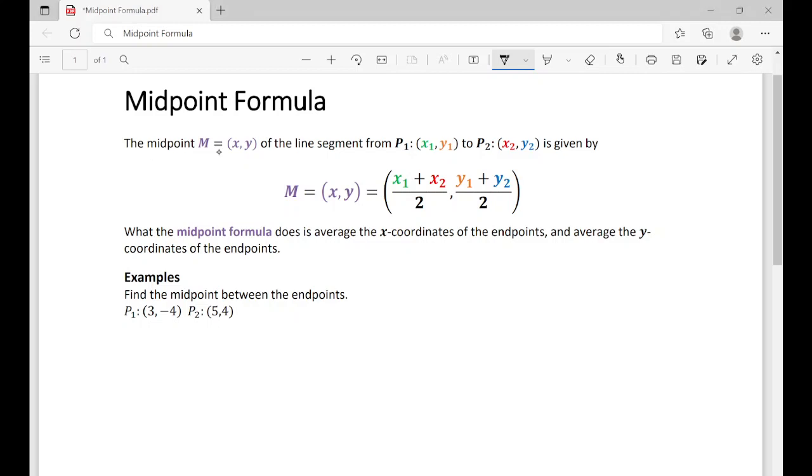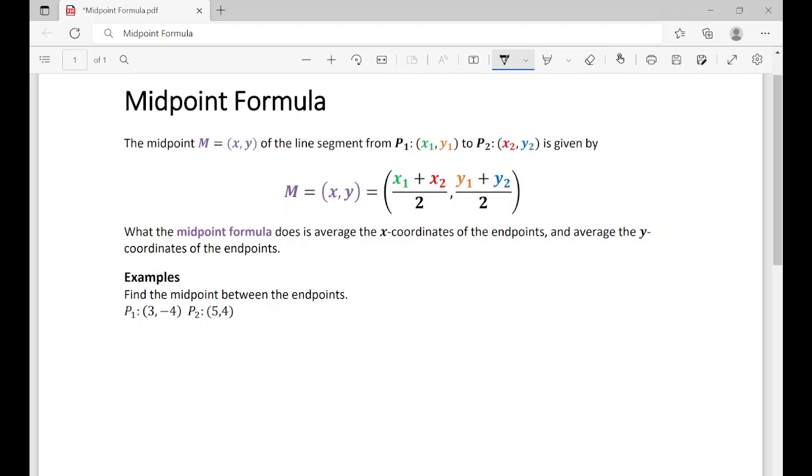The midpoint M, which is an ordered pair x and y, of the line segment from point 1, x1, y1, to point 2, x2, y2, is given by this formula here. Again, the midpoint is some ordered pair, and all you do is take your x values, x1 and x2, add them and divide by 2, then take your y values, y1 and y2, add them and